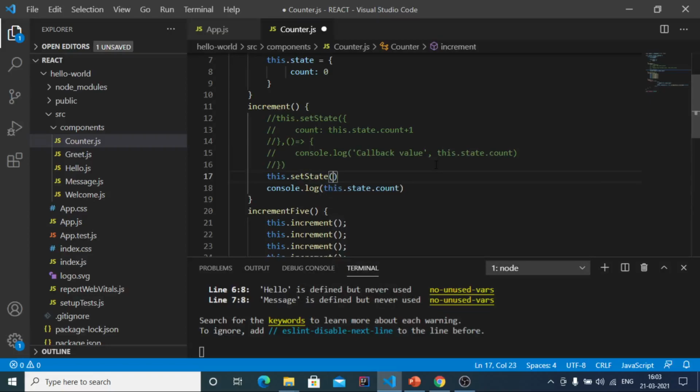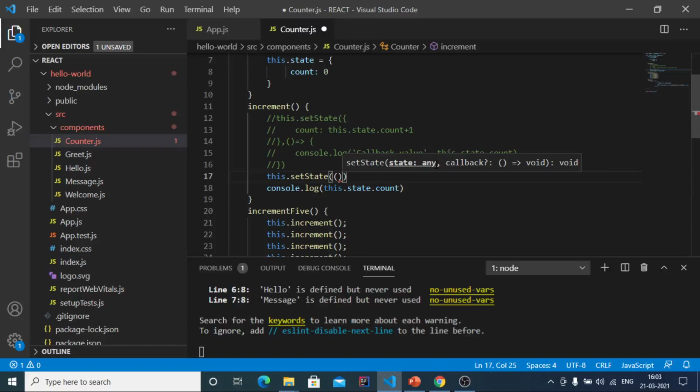Instead of passing the regular object, we here need to pass the function.